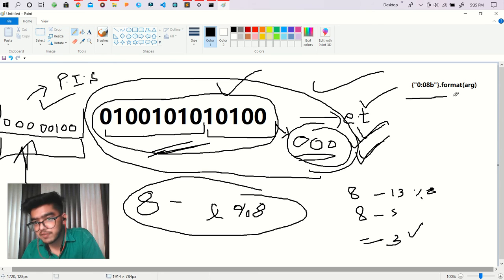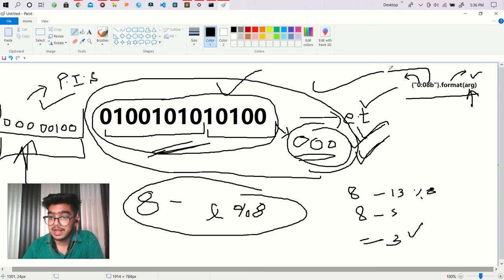This is the part of string formatting where the first 0 tells us about the argument, like which argument we have to work on. So 0 means the 0th argument after the format. After the format we have only one argument, and we work on that argument only. And this 08 means we have to make an 8-bit format, like the first 8 bits. So to convert that argument into an 8-bit value we use 08, and B means converted into binary.